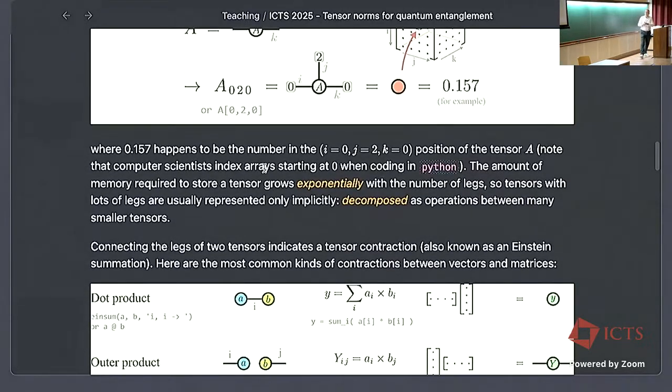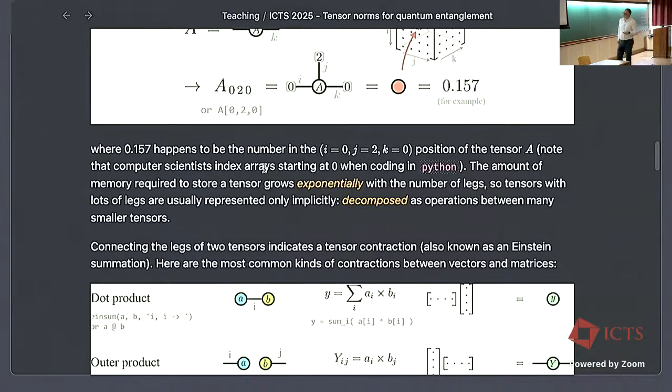Okay, so again, there is the story that tensors have an exponential number of components in K. So if you want to describe an object of exponential size, it makes sense to decompose it into simpler objects. And this is where this graphical calculus becomes very, very powerful, because we can build larger tensors from smaller tensors. That's kind of the idea.